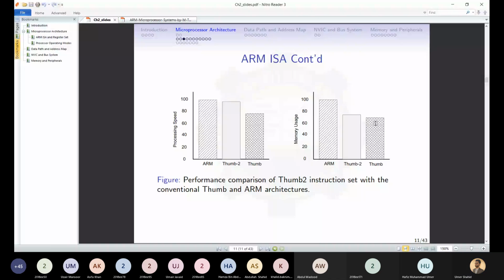The ARM instruction set consumes the maximum memory, so it has a lower code density, whereas Thumb2 is in between them. In terms of execution performance, ARM was best, Thumb was the worst, but Thumb2 was very much equivalent to ARM. After discussing the ISA,